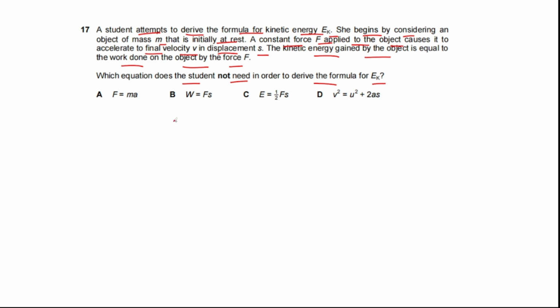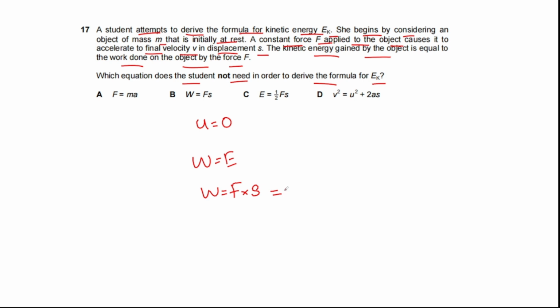So here you have to find out the kinetic energy formula. It's given that it is falling from rest, so u is equal to 0, and a constant force is applied. So always that work done is converted to energy. The work done formula is force multiplied by the displacement, which is s, and that is equal to the kinetic